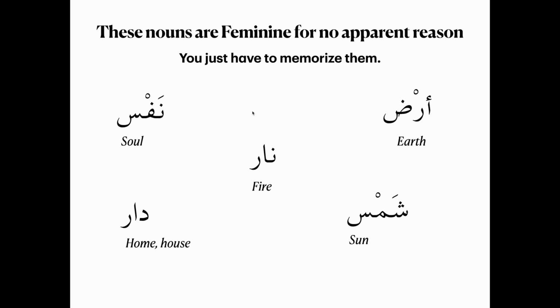So let's go over these words. Ard is earth. Nefs is soul. Shams is sun. Nar is fire. And dar is homeland or house. So take the time to memorize these 5 nouns. And of course there are going to be many more, but these are some good examples of nouns that are just feminine